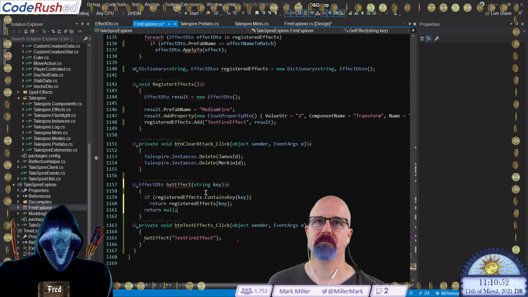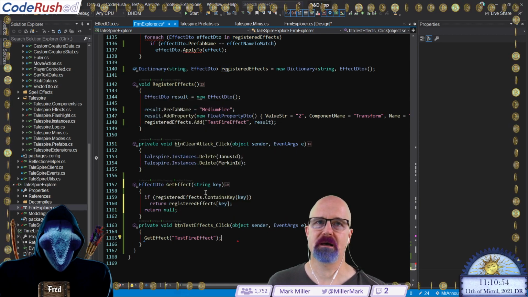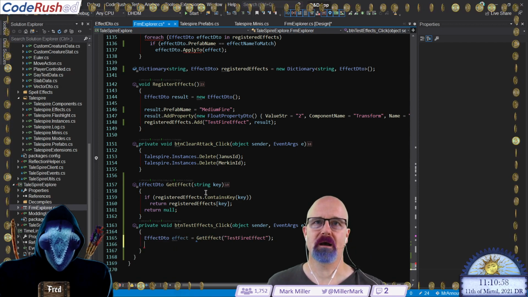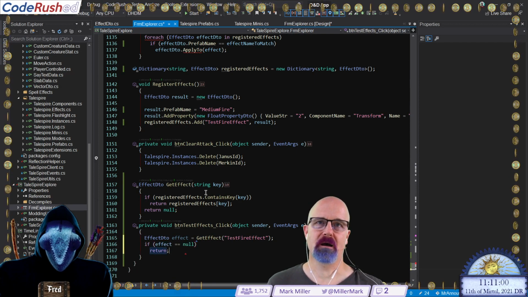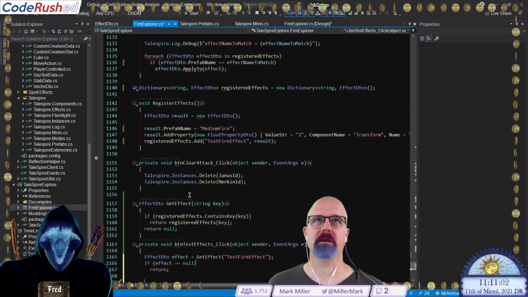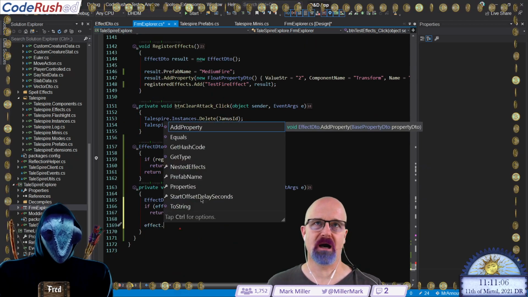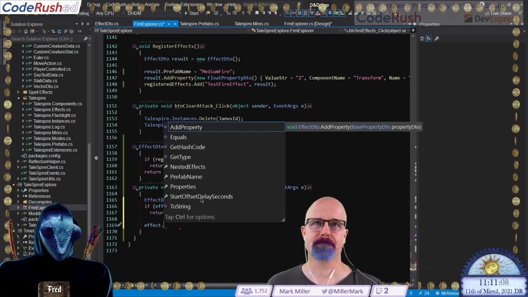Otherwise return null. And then we're going to declare a new local variable there. But now that it's working, now I want to say effect dot